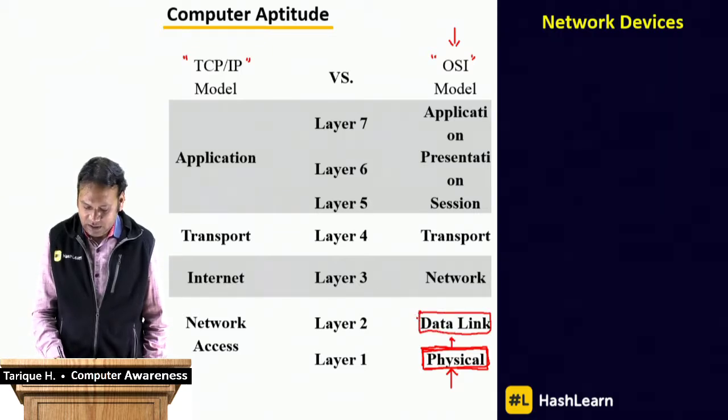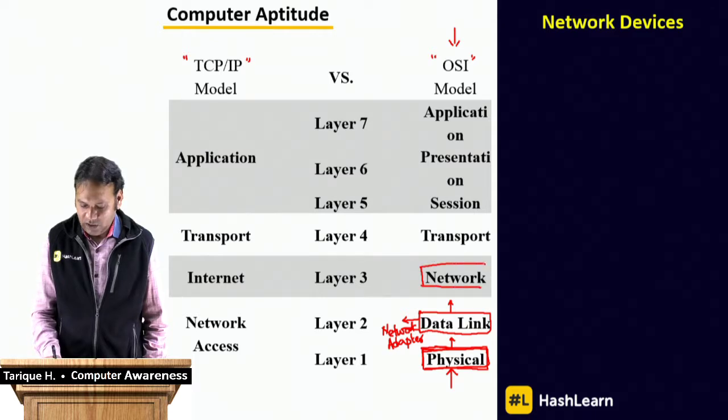The data link layer is the layer in which your network adapter, network cards, all of these things will be at the data link layer. From the data link layer, it will go to the network layer. Now a router normally works at the network layer. The job of the router is to understand the IP address and everything else, and then from the network layer it goes to the transport layer, where basically we have two types of protocols. One is the TCP, transmission control protocol,